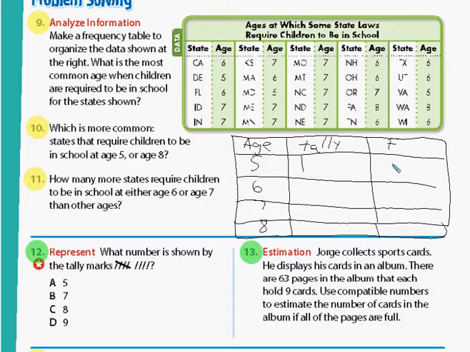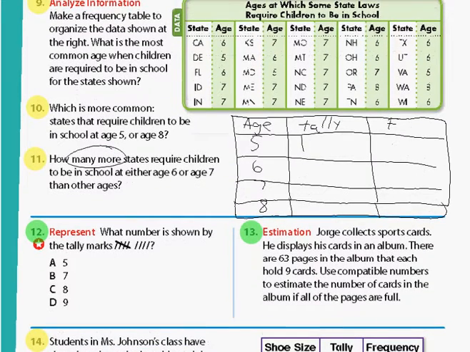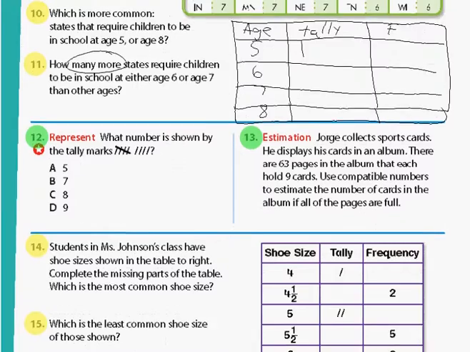So I'll give you a little hint here. How many more? That's kind of telling you it's going to be a subtraction problem. So giving you a little help on that. So you're going to need to go ahead and finish the frequency table out, frequency chart, to answer those questions